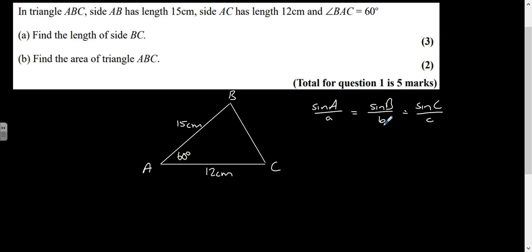So what we're looking for when we use the sine rule is some matching pairs. We need to know the length of a side and the angle directly opposite it. Now, that's not going to work for this triangle at the moment, simply because we've got one angle and we don't know what the side is opposite it. We could work out this side if we knew one of the other angles, because then we'd be able to use one of these fractions. So by elimination, because we don't have this matching pair of an angle and a side, we're going to use